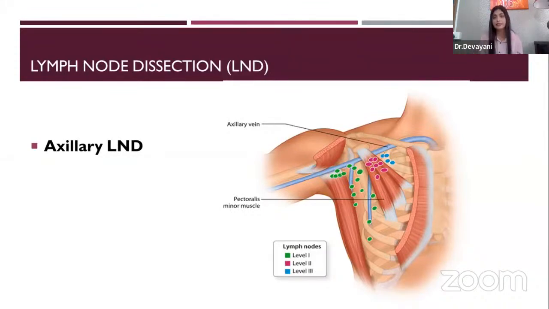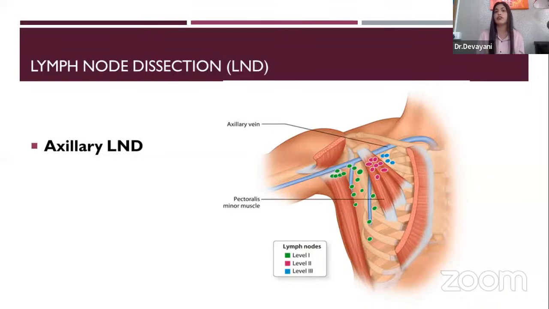Why is the number and level of lymph node removal important to us? Because most of the time, there is a 40 to 60% chance that breast cancer patients after radical mastectomy or modified radical mastectomy develop lymphedema, that is, a swelling of the hand of that particular area. And when you want to treat lymphedema, it's very important to know which area's lymph nodes are removed and which